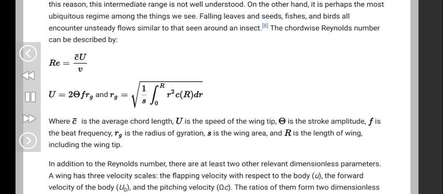There are two obvious differences between an insect wing and an airfoil. An insect wing is much smaller and it flaps. Using a dragonfly as an example, its chord C is about 1 cm, 0.39 in, its wing length L about 4 cm, 1.6 in, and its wing frequency F about 40 Hz. The tip speed U is about 1 meter per second, 3.3 feet per second, and the corresponding Reynolds number about